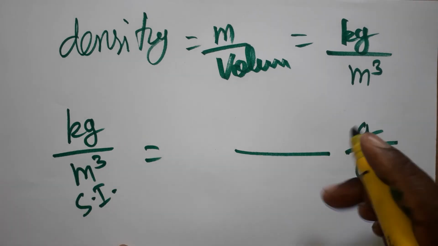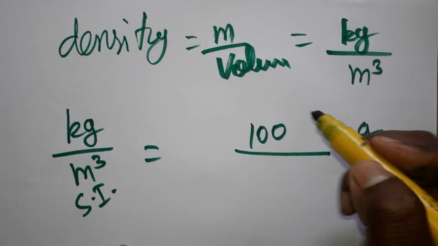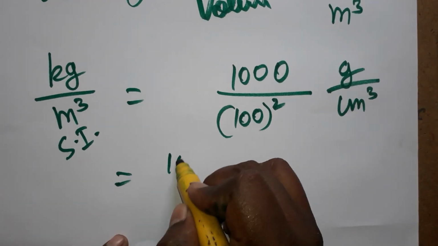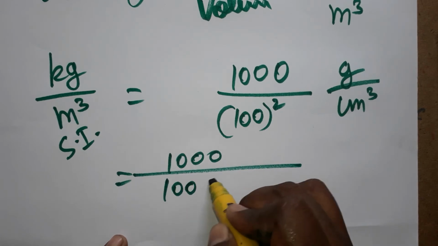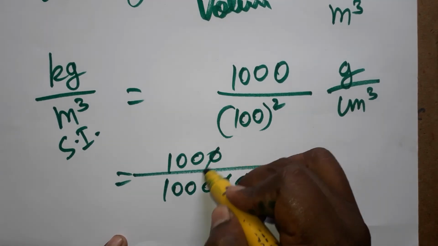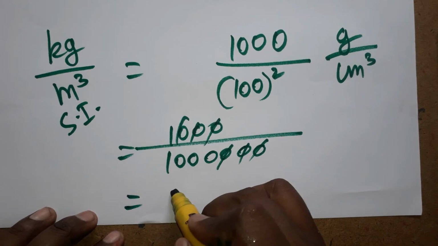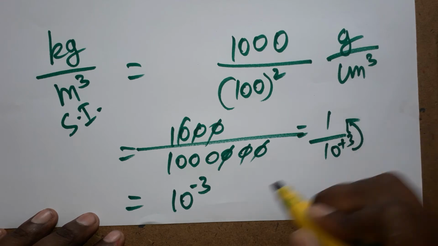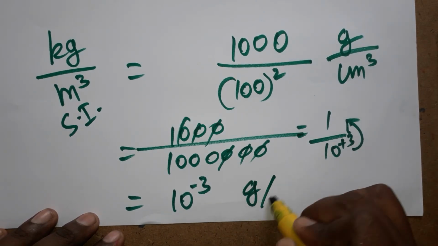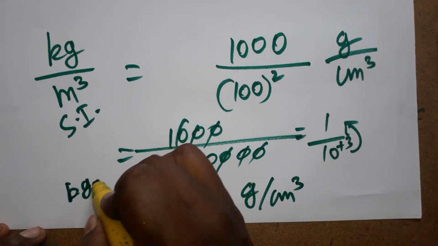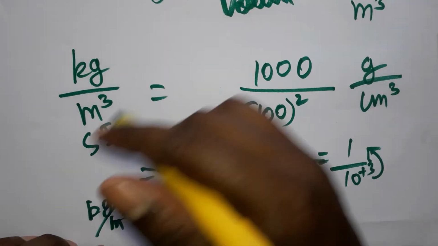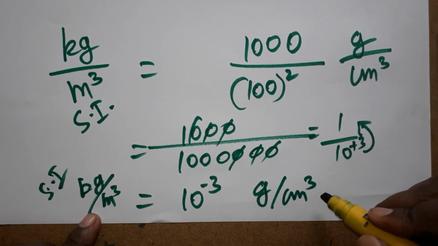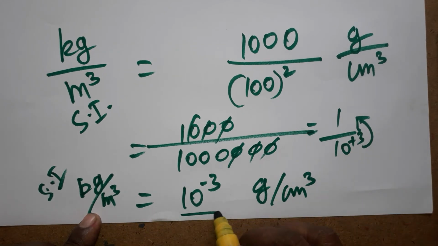Okay. So 1 kg is equal to 1000 gram. 1 meter is 100 centimeter, and it's cubed. So we get 1000 divided by 6 zeros, and 3 zeros get cancelled with the numerator. 1 divided by 1000 we can write as 10 power minus 3. Because 1 divided by 10 power plus 3 from the denominator becomes minus 3, gram by centimeter cube per kg divided by meter cube. The density unit in SI is kg by meter cube, and the same in the CGS system is gram by centimeter cube. The relation between these two is 10 power minus 3.